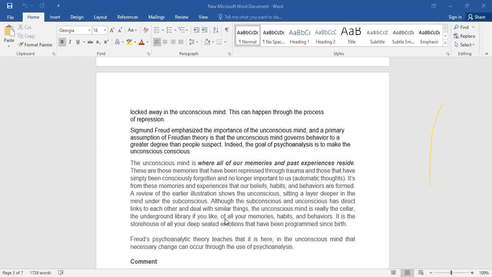Sigmund Freud emphasized the importance of the unconscious mind. So here he has highlighted the significance of the unconscious mind, and a primary assumption of Freudian theory is that the unconscious mind governs behavior to a greater degree than people suspect. It means that the unconscious mind certainly governs the current behaviors. How? For example,